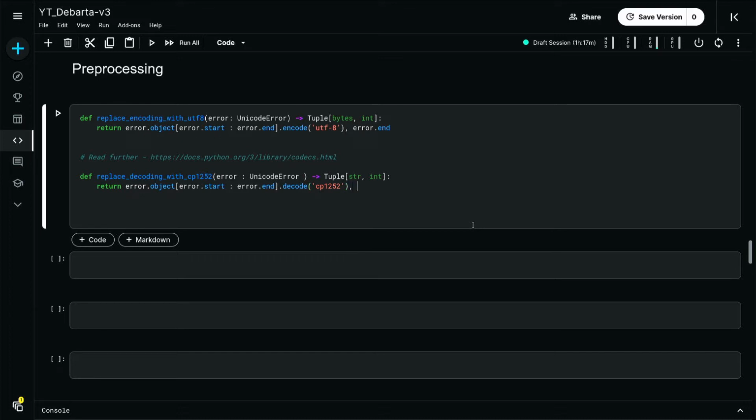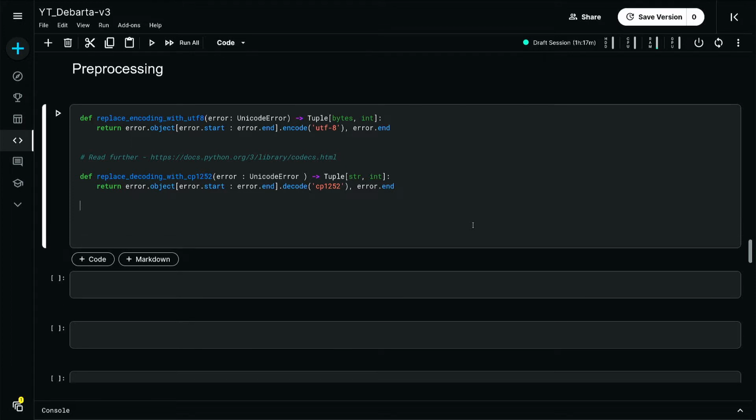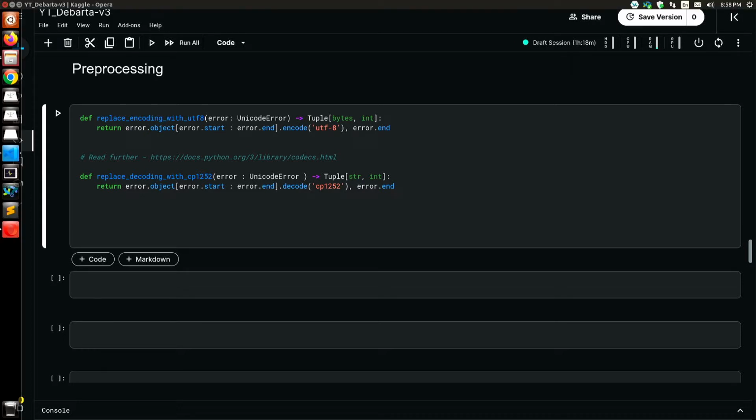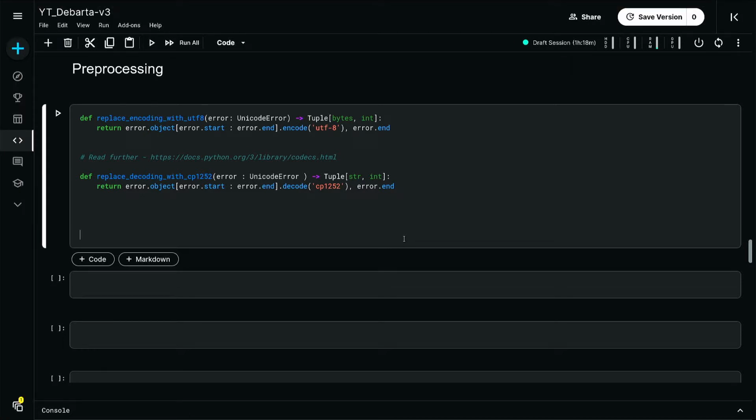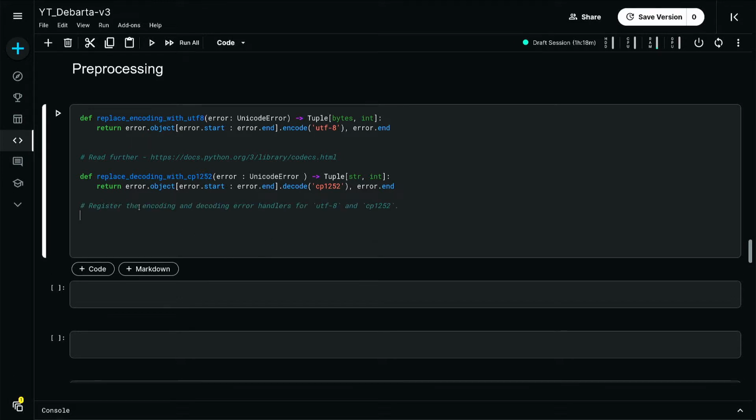And then I need to now register the encoding and decoding error handlers for UTF-8 and CP1252. codecs.register_error. So what was this name? Copy this whole thing.